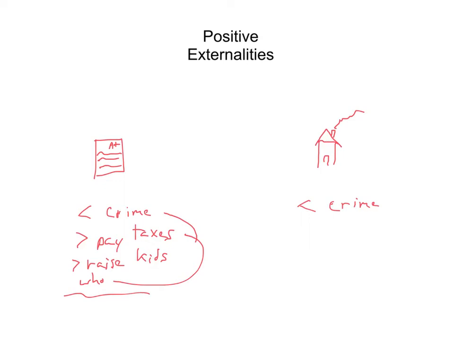So in other words, the externality arises because there are benefits that happen for somebody who didn't pay for the education or somebody who didn't pay for the house, right? Not that somebody got a house without paying for it. It's that one person pays for the house and then owns it, and then people around them benefit from the fact that they own the house. Okay, negative externalities are just the opposite. These are spillover costs, so costs that are imposed on someone other than the one making the decision.